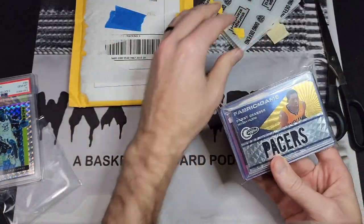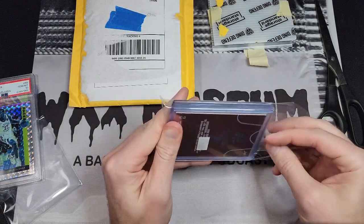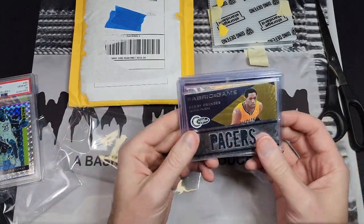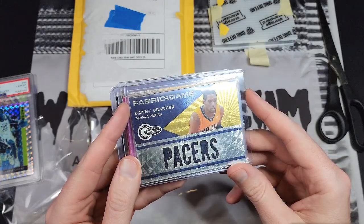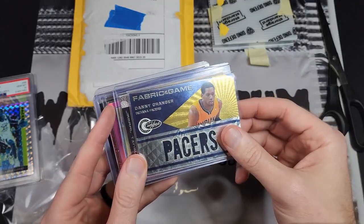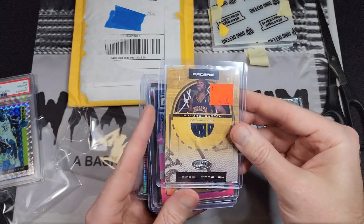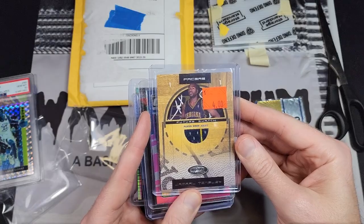All right, I like what I'm seeing already. We got a whole stack of cards here, and I'm seeing a couple of my favorite players from the 2000s here. So we've got a Danny Granger Fabric of the Game jersey card. Game-worn jersey, so that's pretty cool. It's got the Pacers name, the team name down there. That's from 2010. I've got, and this I believe is a rookie, a Jamal Tinsley Hoops Hot Prospects,